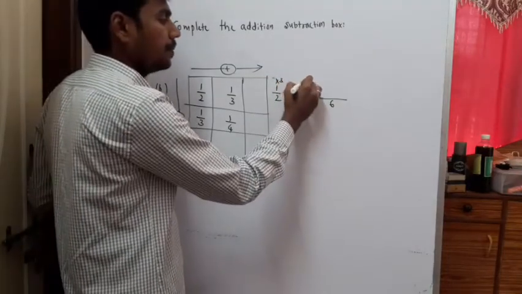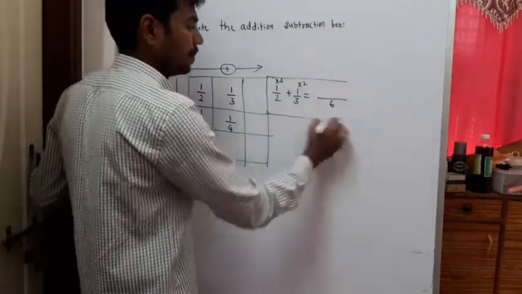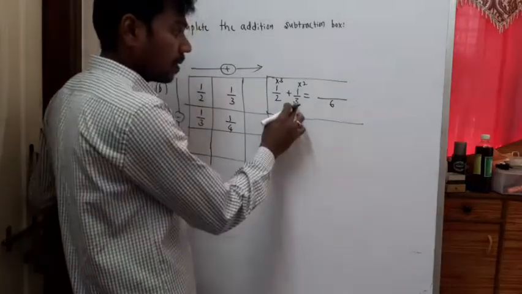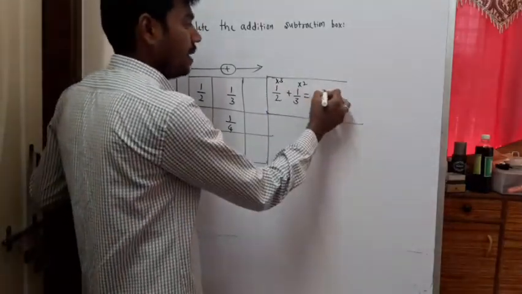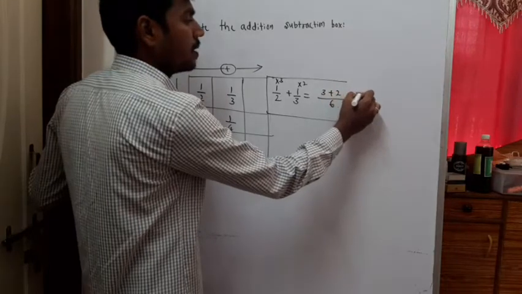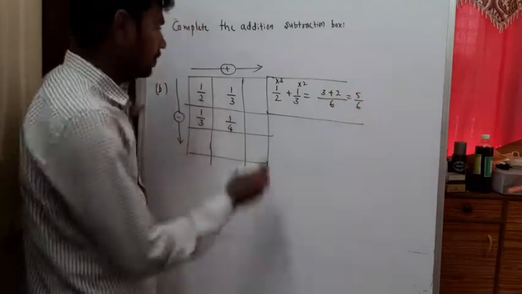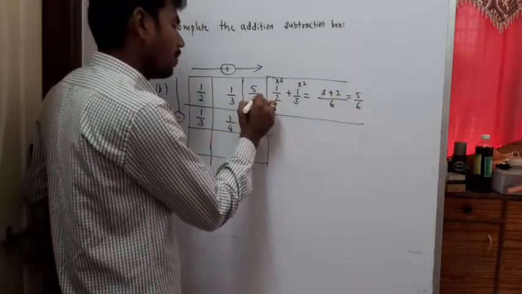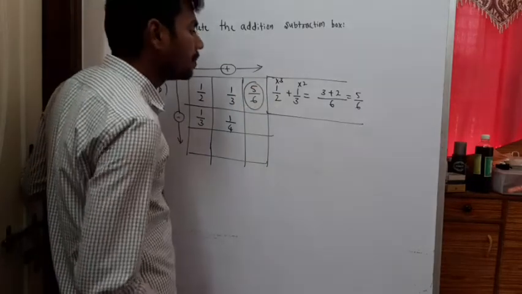2 into 3, 3 into 2, fine. 1 3s are 3 plus 2 1s are 2. The answer is 5 by 6. Here what should come? 5 by 6. Next,